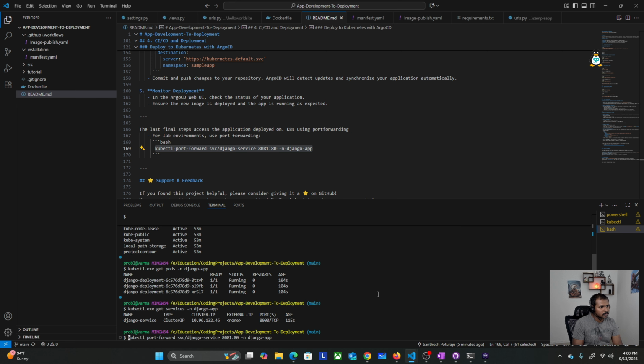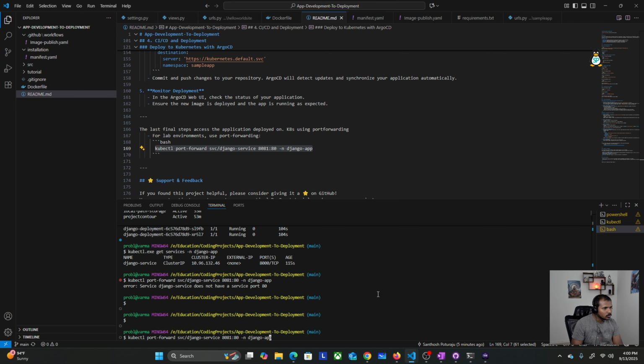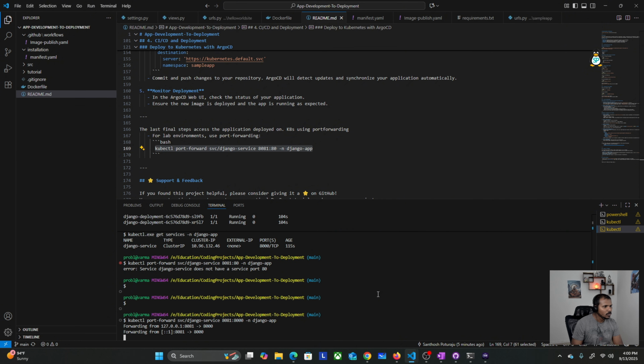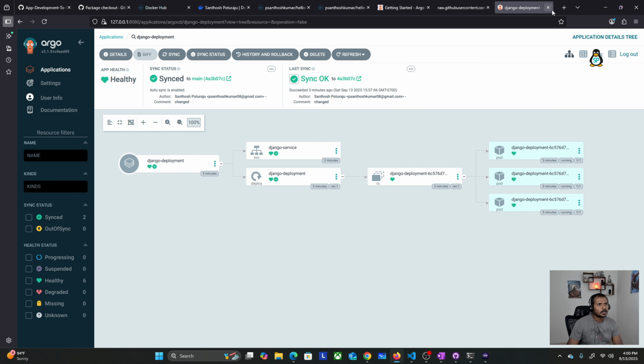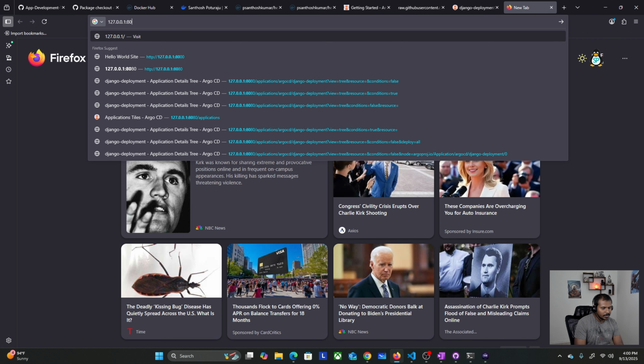But since everything is running in our lab, let's go ahead and use port forwarding. Okay, all right. Now if I go to the web browser and try something like 127.0.0.1:8081,